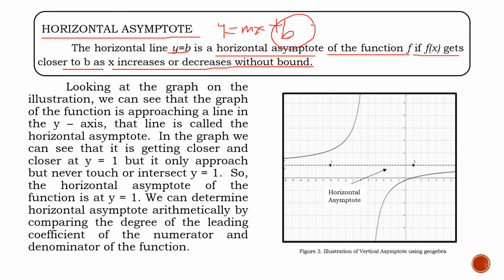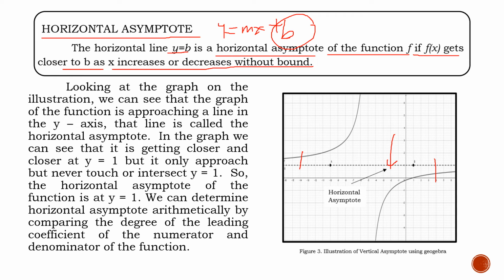The same thing with your horizontal asymptote. This horizontal line will serve as your imaginary line. At some point, it makes your horizontal asymptote parallel to your curve. Even if you're dealing with the horizontal asymptote, there is no point of intersection between your curve and your horizontal asymptote. That's why we define an asymptote as an imaginary line, and it serves only as a guide for your curve.